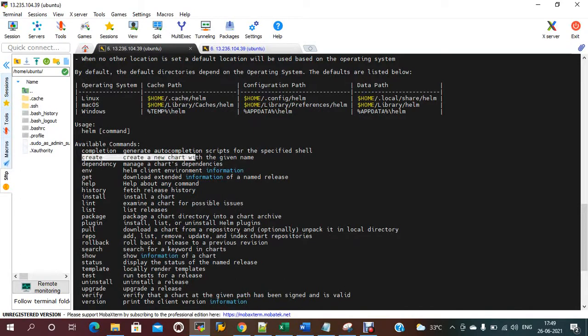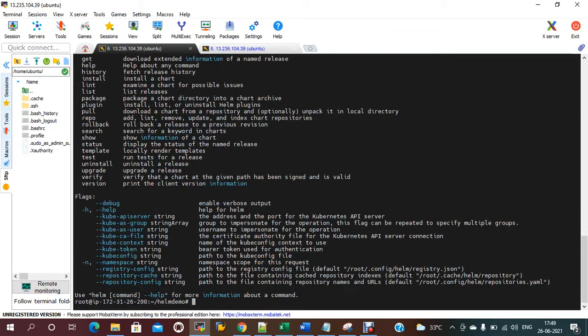Create, just now we created this one. Helm env, client environment information. And get, help, history, which fetches the history.